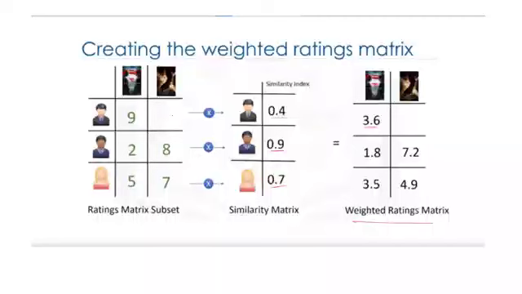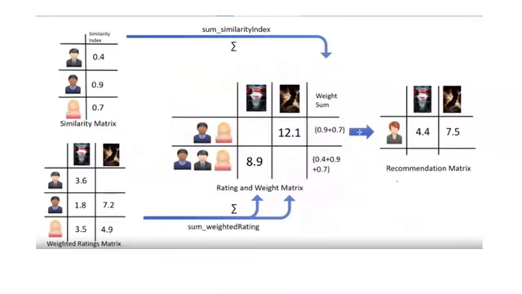So this user hasn't watched this particular movie, so it is blank. So 2 into 0.9 is 1.8, 8 into 0.9 is 7.2. Like that, the weighted rating matrix will be calculated. Now, we have the similarity matrix, and we have this weighted rating matrix, which we have just calculated. Based on these two matrices,